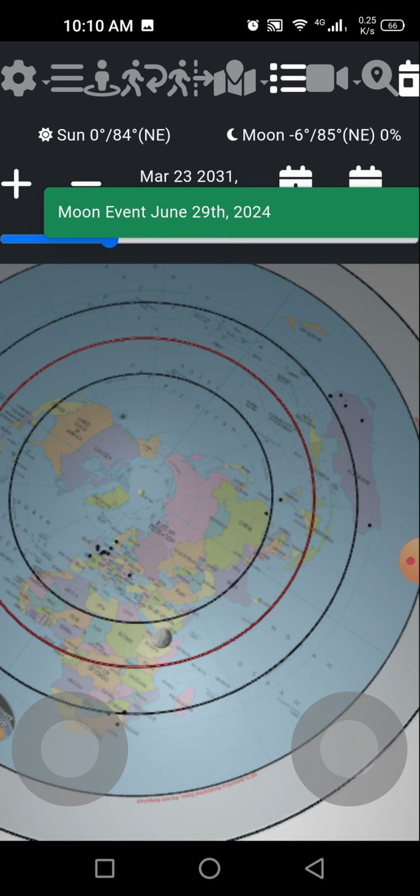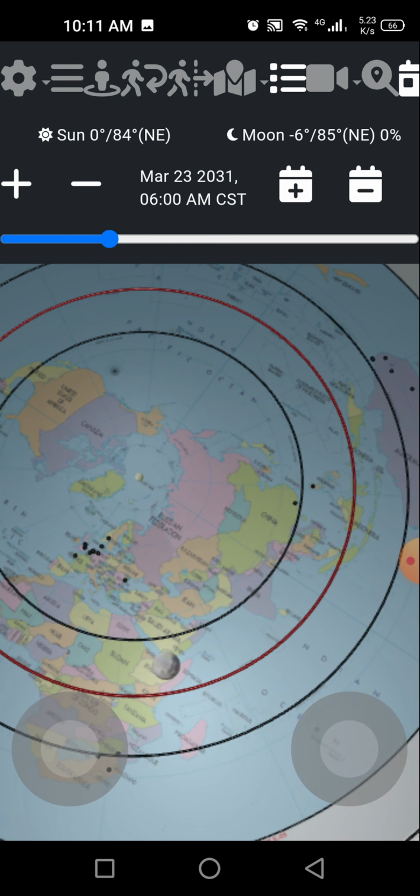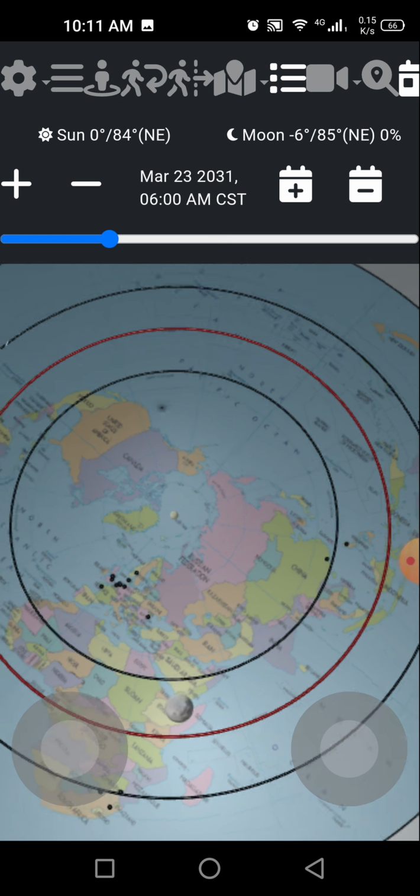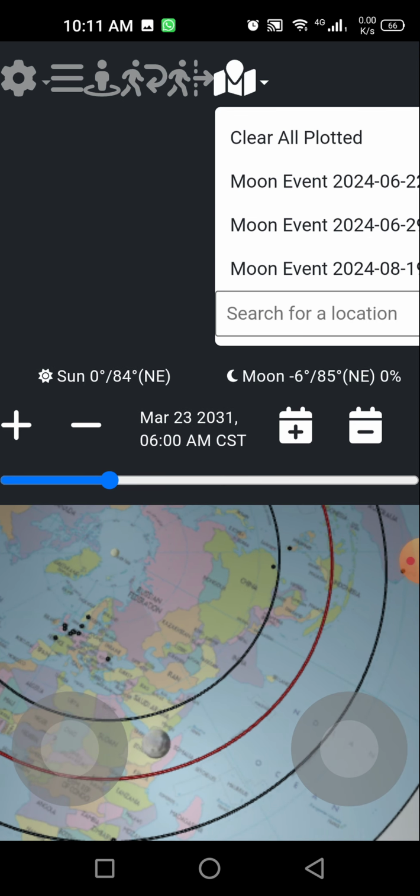Let's do the next one, June 29th. So see here on the map, and we can go back in time as well. So if we wanted to then set the flat Earth model to June 29th, we can study this, analyze what we saw, even add new locations. So you can plot new locations